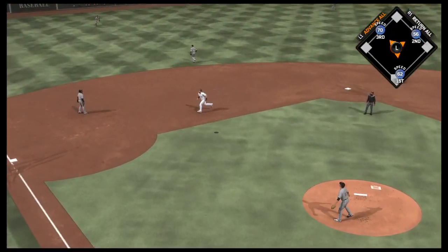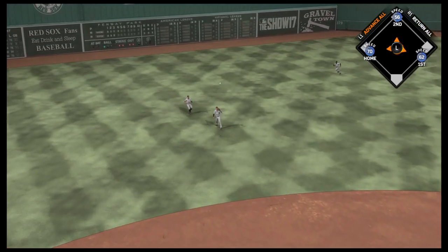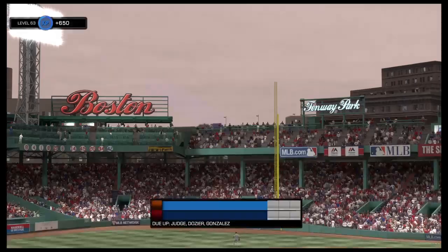Now you're 1-2, and you showed him the high fastball. Machado ranging into the outfield. And that's the